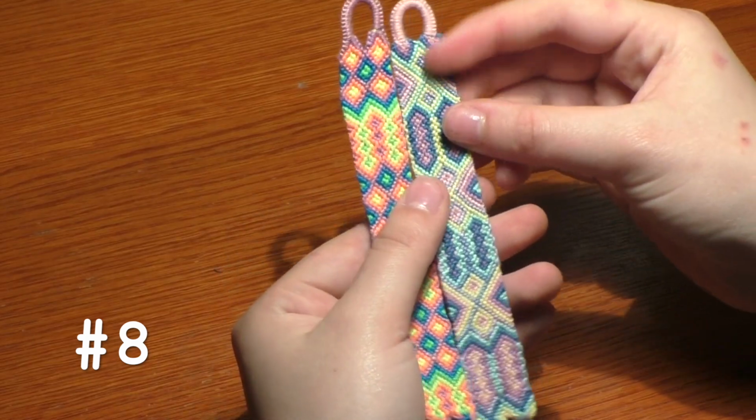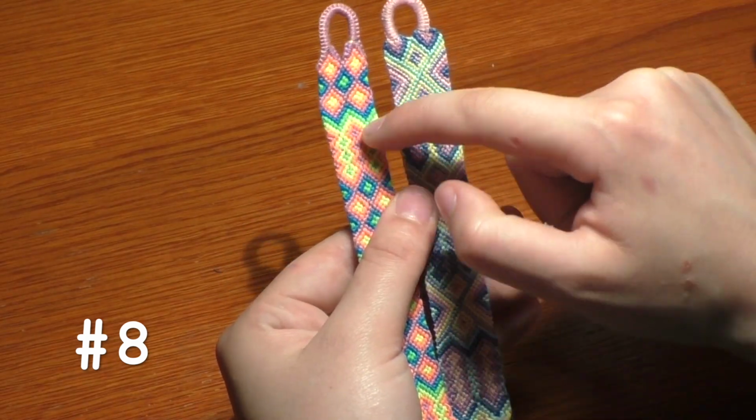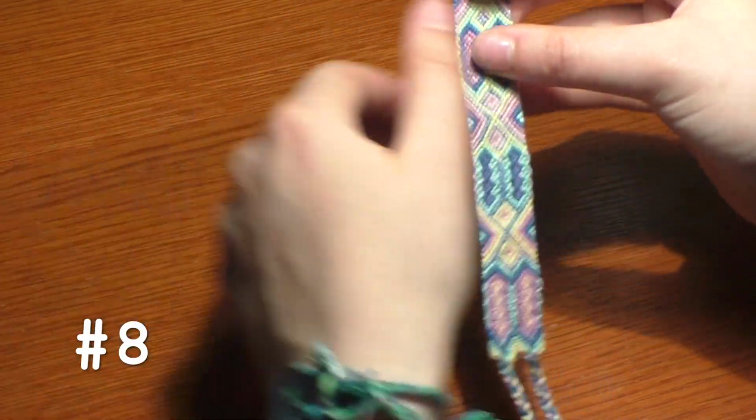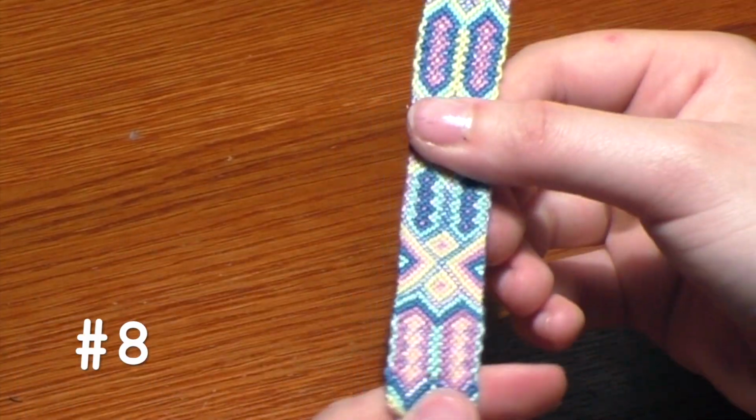Next I have this slightly thicker version of this neon bracelet, but I like this one because it's pastel and it's also slightly different. Like you see here there are 4 diamonds, while here there are only 2. And here there's 2 arrowheads down, where here they sort of are symmetrical with each other. There's also this varying string here, but it looks really cool, and I had a lot of fun making this